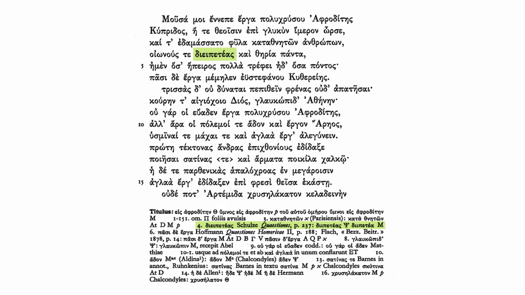Psi, that is, most manuscripts, give the word as dii peteas. M has dii petea. We don't get told why the editor chooses Schulze's suggestion ahead of the manuscripts. That's a bit too much to expect of an appcrit. In this case it's because Xenodotus, a 3rd century BCE Homer scholar, preferred the da spelling in a passage in Odyssey Book 4, and also because die peteas fits the poetic metre. I don't think this is very compelling reasoning, there's definitely room for doubt on this one.